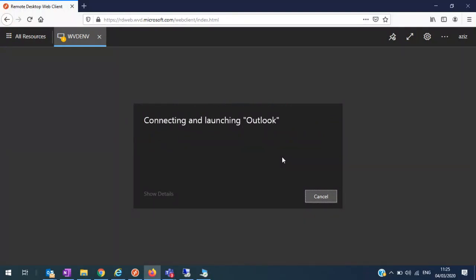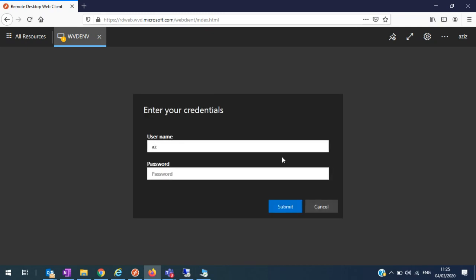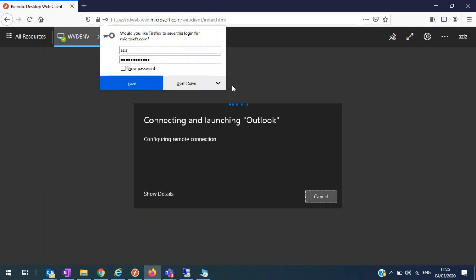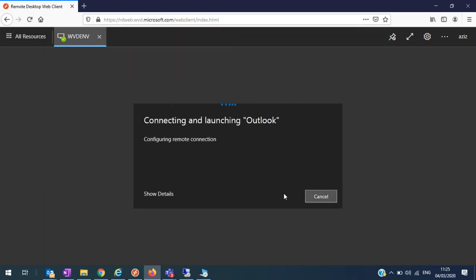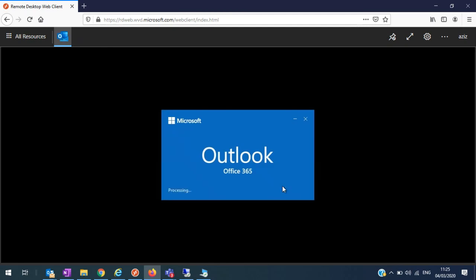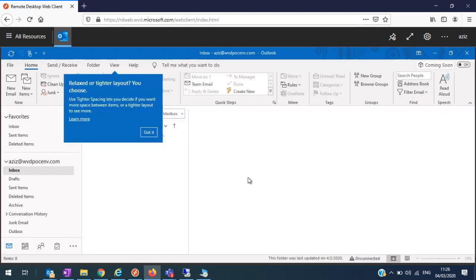Just like we spoke about reverse connect protocol, it initiates the connection from my end to my WVD environment. It opens a port over there, and as soon as I enter my credentials, it configures the remote connection, and my application launches just like a normal application would launch.